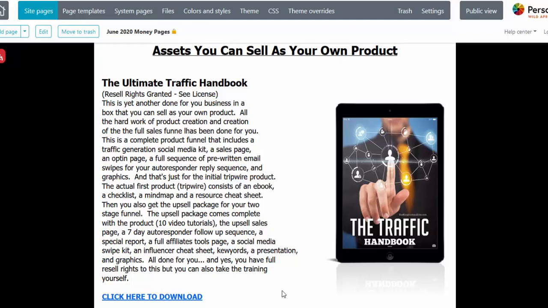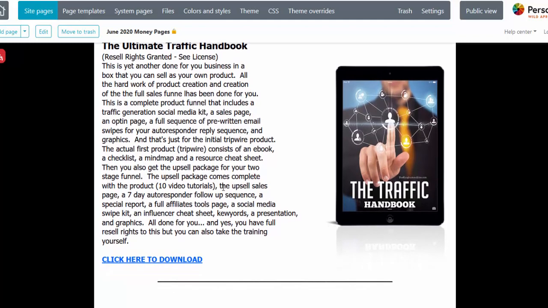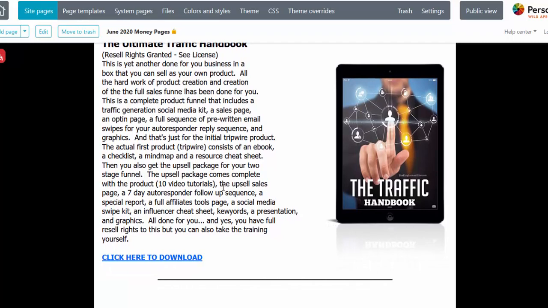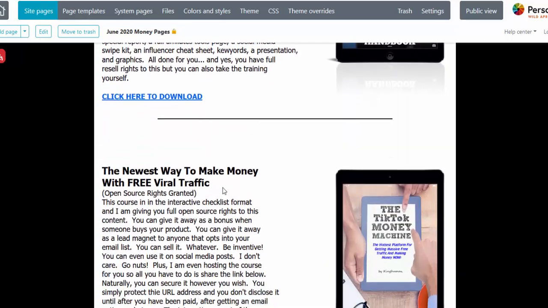So basically this is a 2-stage done-for-you product with a 2-stage funnel, including everything you need, the website, the sales pages, everything.